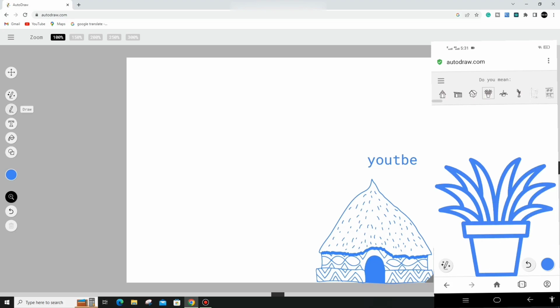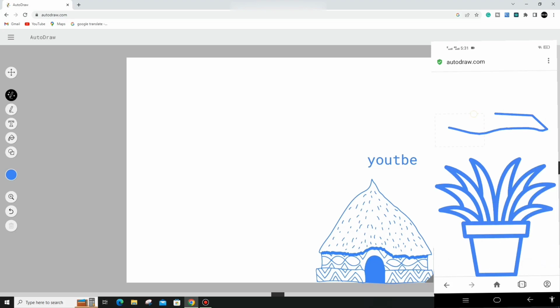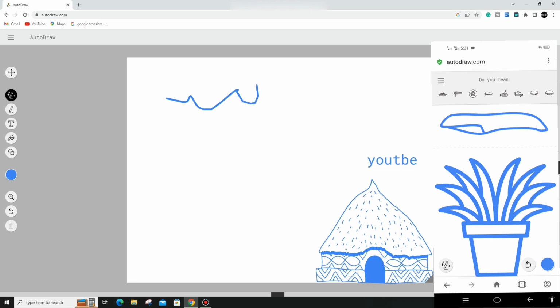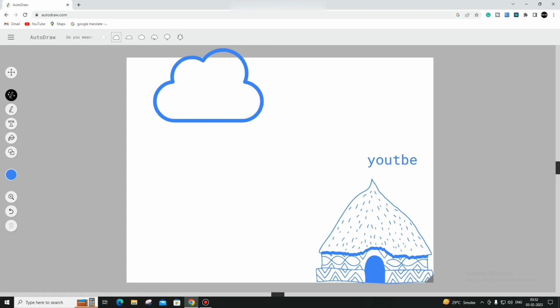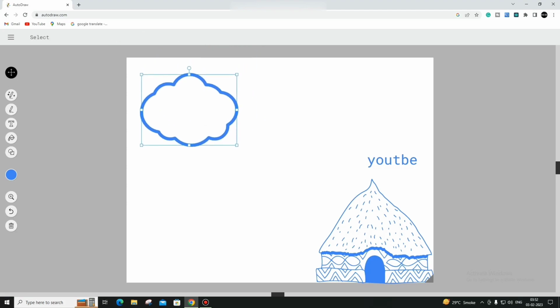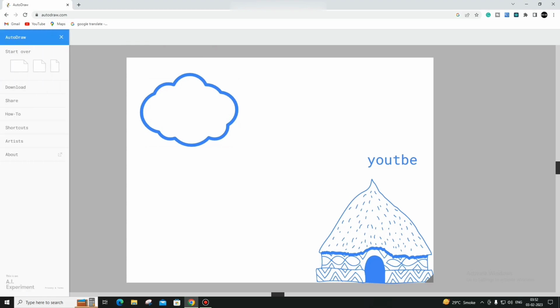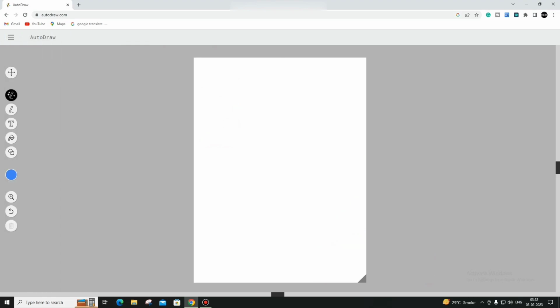And guys, let's continue to draw. I will make a cloud over here. I don't know if this looks nice or not. Okay, I select a cloud over here, and text, color, and you can see over here you can also select your page size right over here if